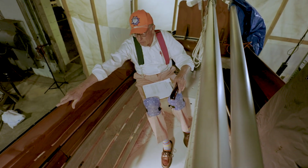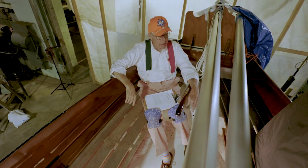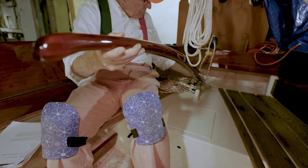I know you like this little trim piece. We've seen this on coamings before. Yep. Just to protect the sheet as it comes off the winch. It's just nice and dressy. Very dressy, very shiny. We like shiny things, don't we? The other boat had a relatively new tiller, but this tiller is so new it wasn't even born yet. Look at that. That's just gorgeous with nice fittings on it. Everything here is just fresh and new